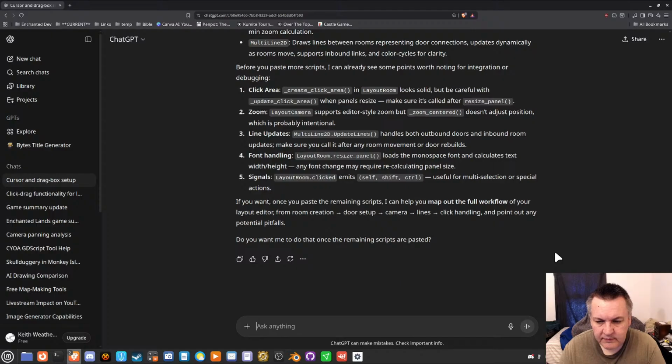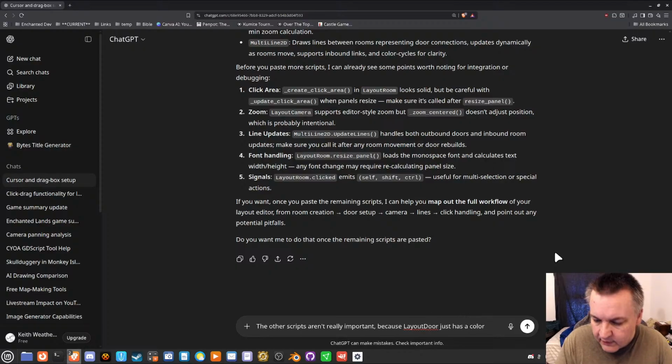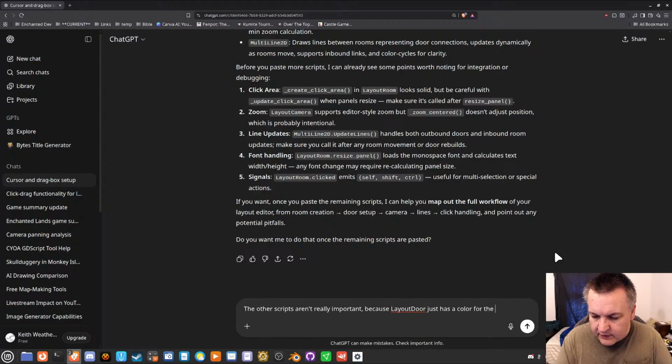Dot clicked. You don't need the other scripts, they aren't really important, because layout door just has a color for the line.